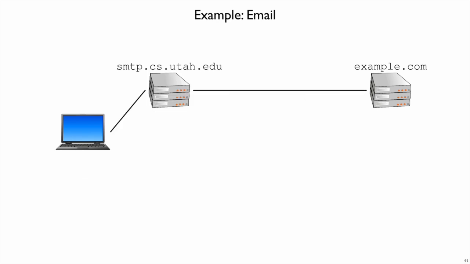But actually, I will normally contact a local server that I have that is responsible for dealing with email. So my laptop will contact smtp.cs.utah.edu or some such machine, and that machine will be responsible for actually contacting example.com and delivering the mail. The reason for this is I just want to send email and then close my laptop and go do something else. But the actual process of sending mail can take a while. And these days there are all sorts of spam prevention mechanisms in place that are really better left to a dedicated server like